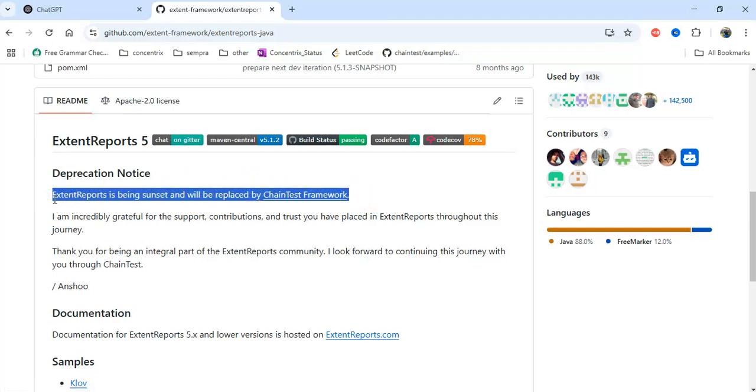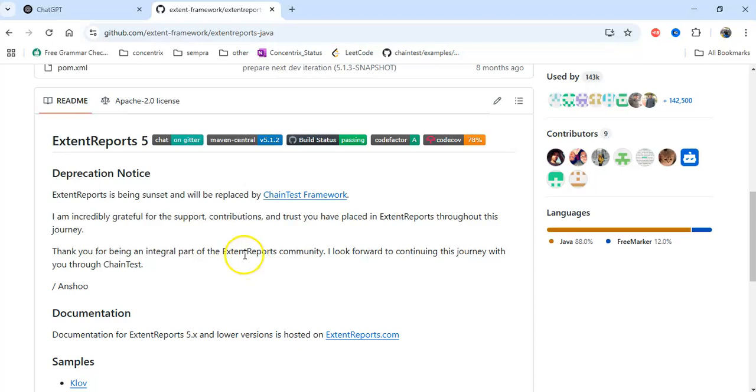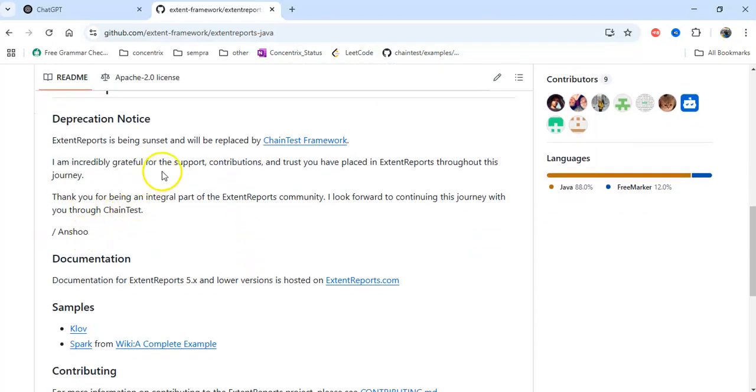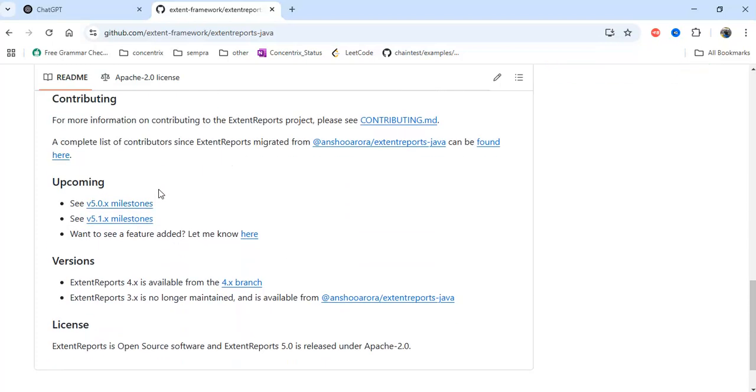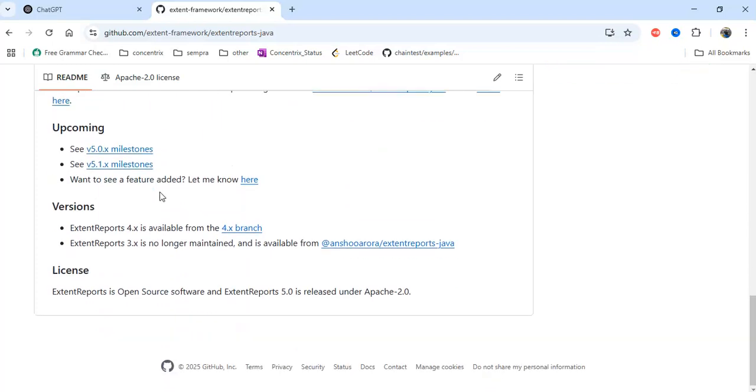Right, what is the ChainTest framework? I have explained it in the previous videos. Whoever wants the knowledge, please go and watch there, I have explained in detail. For Extent Reports, previously we had the 3.x version, which is no longer maintained. 4.x is also available here. Currently it is going on